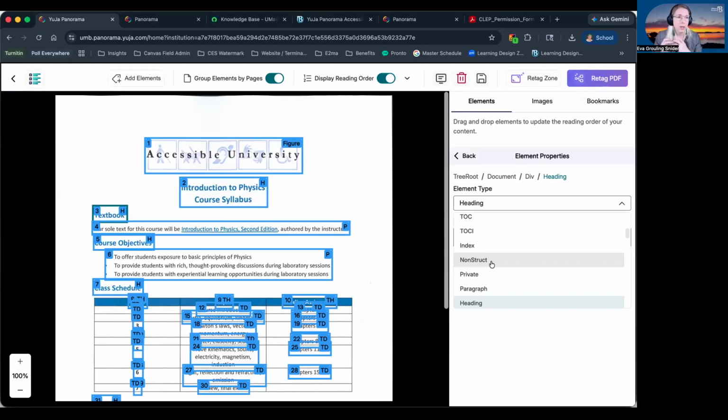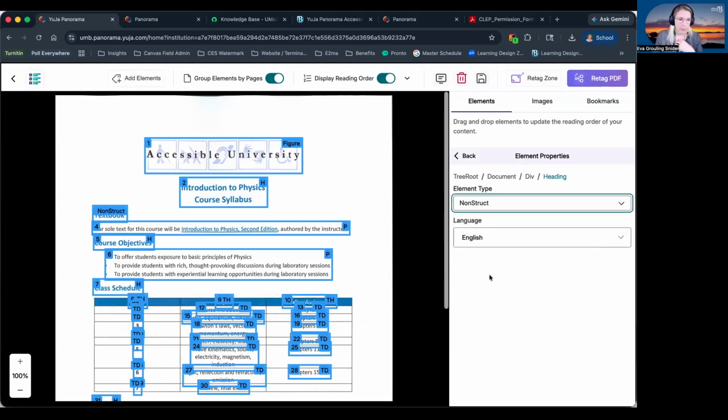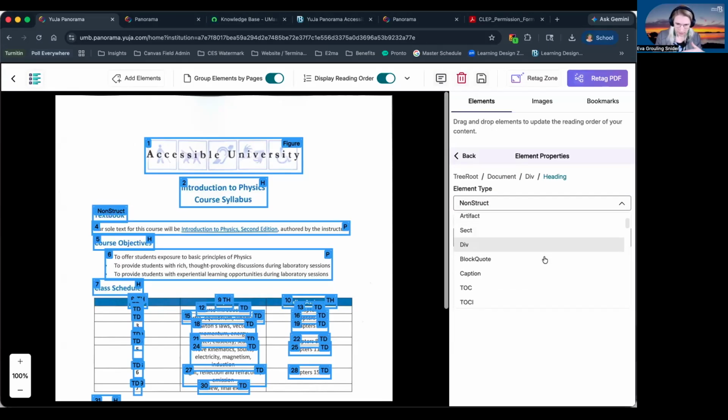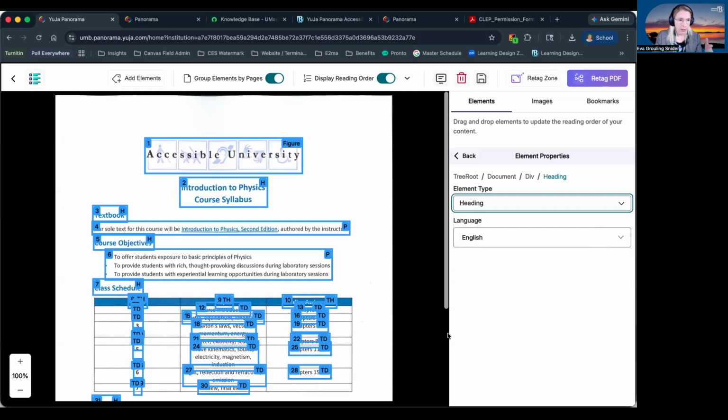They should not be interpreted because they are not meant to be a part of the structure of the document. You have this option to mark these as non-structural. It's marked here as non-struct. And if you select that, that will mark that item as non-structural, which means that it is not interpreted as part of the content of that document. So that is one of your options, but there's a number of other options here as well.